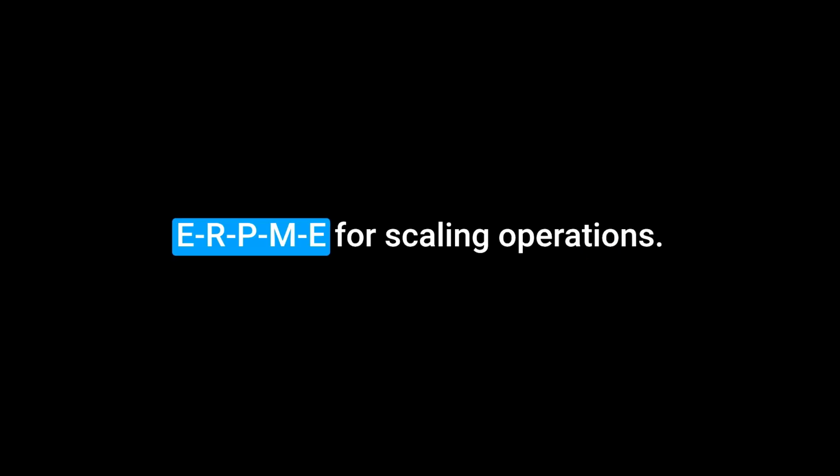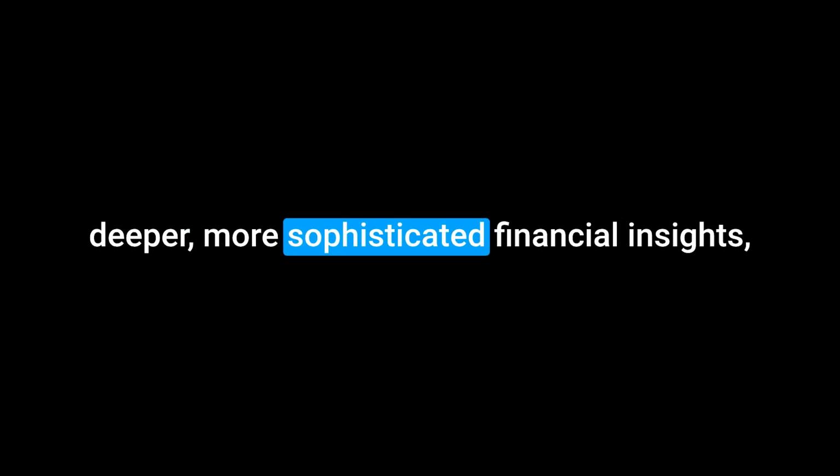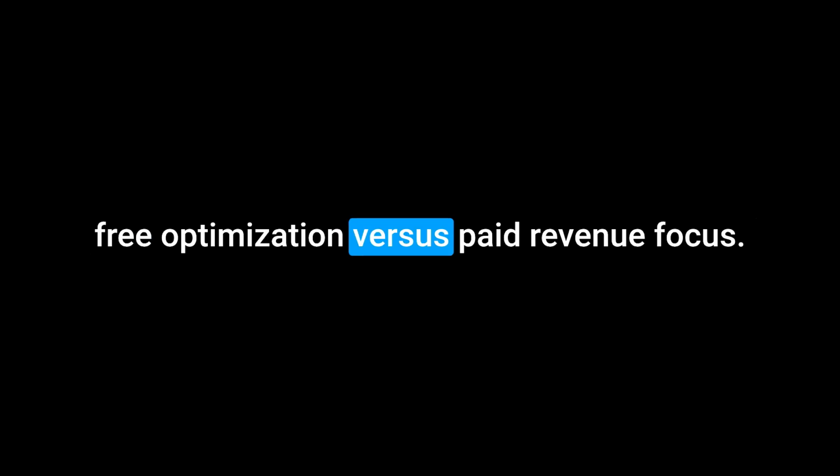Okay, so the implication for you, the listener, is pretty clear here too. I think so. If data-driven optimization from day one, especially basic A/B testing for your emails, is critical for your growth strategy, MailerLite offers that capability right out of the gate on its free tier. This allows for rapid iteration and learning without upfront investment. However, Aweber's paid plans arguably provide more comprehensive and specifically revenue-focused reporting, like RPE, RPME, for scaling operations. Making the upgrade to a paid Aweber plan becomes a clearer investment decision once your business begins to generate significant revenue and you need those deeper, more sophisticated financial insights. Free optimization versus paid revenue focus.